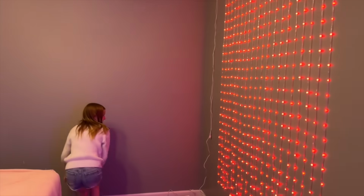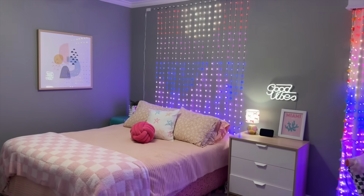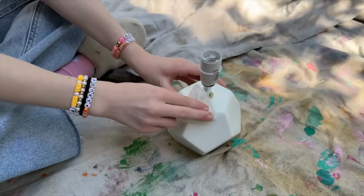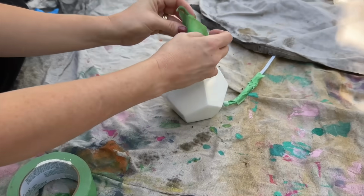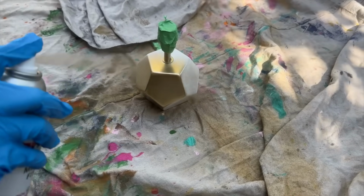Plug into power and enjoy your super cool lighting effects. As you can see, these curtain lights are easy to install. I'll show you how to use the app with tons of cool lighting options after a couple quick and easy DIY projects. First, we're going to spray paint her white lamp base with 2 coats of metallic gold spray paint,